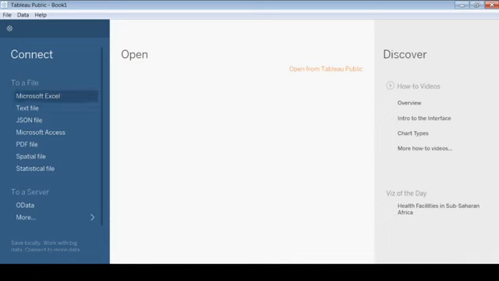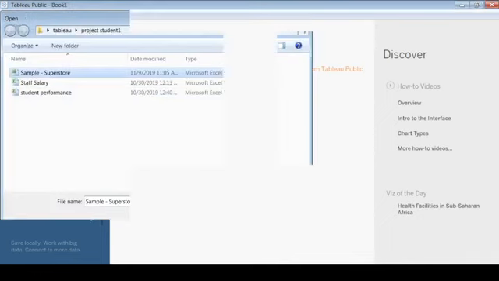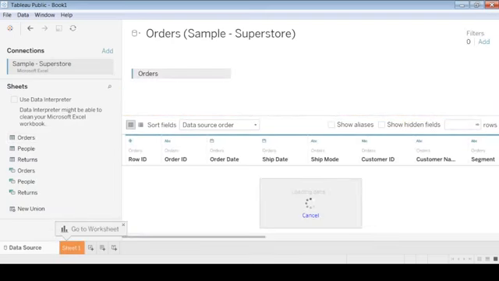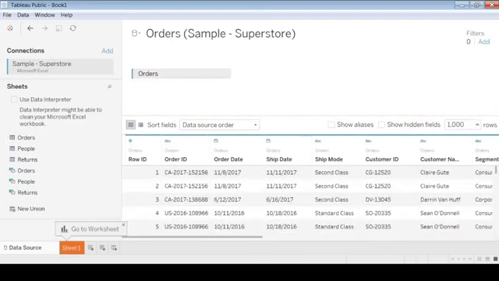So let's connect the data. It takes a few seconds. Let's create a sheet for forecasting.